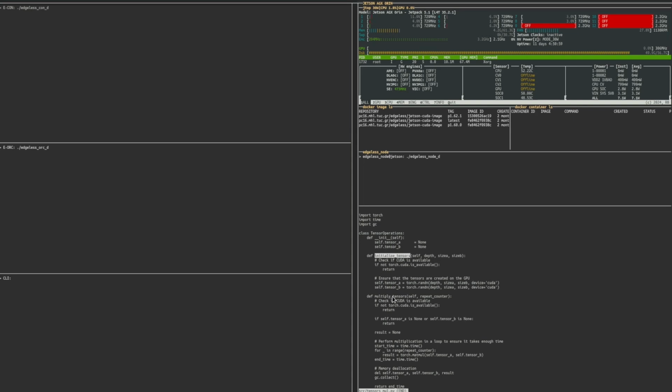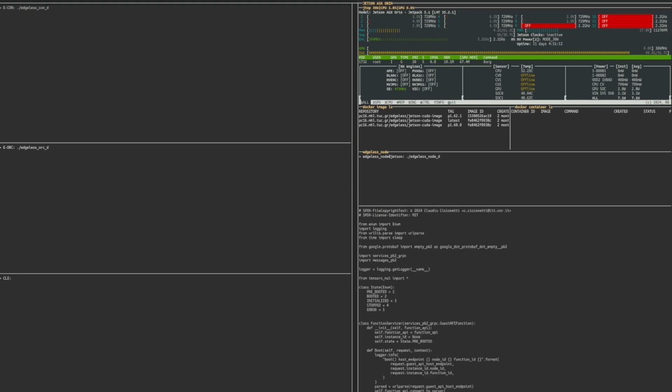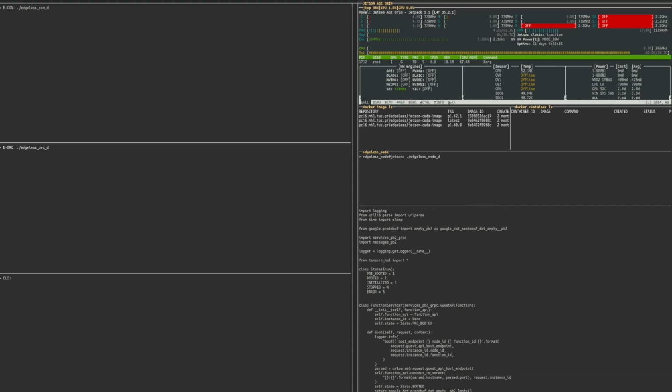These two functions can then be called in the appropriate callbacks in the function_servicer Python file to execute the actual multiplication. To be more specific,